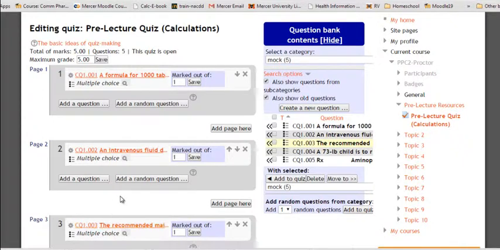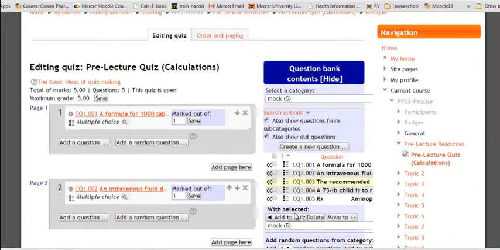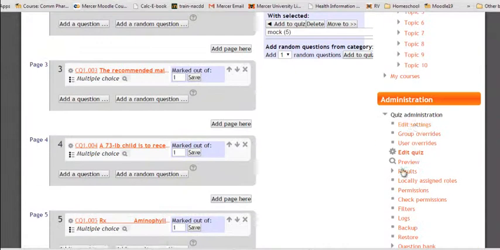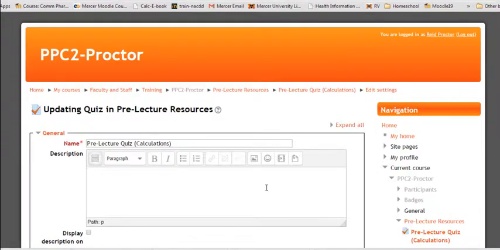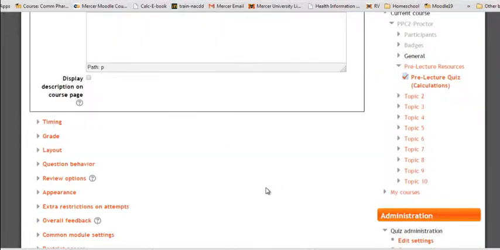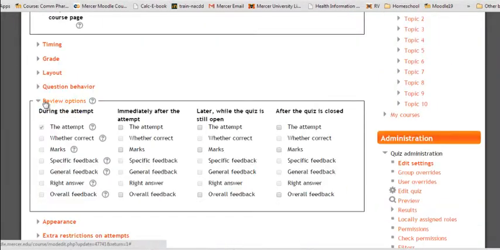But now I need to change the settings to the quiz so that they can see that feedback when they're done. So here's what I do. I'm going to go over here, and over here on the lower right, back to quiz administration, but instead of hitting edit quiz, I'm going to hit edit settings. Alright, and if I go down here to review options, I'm going to expand what I see under review options here,